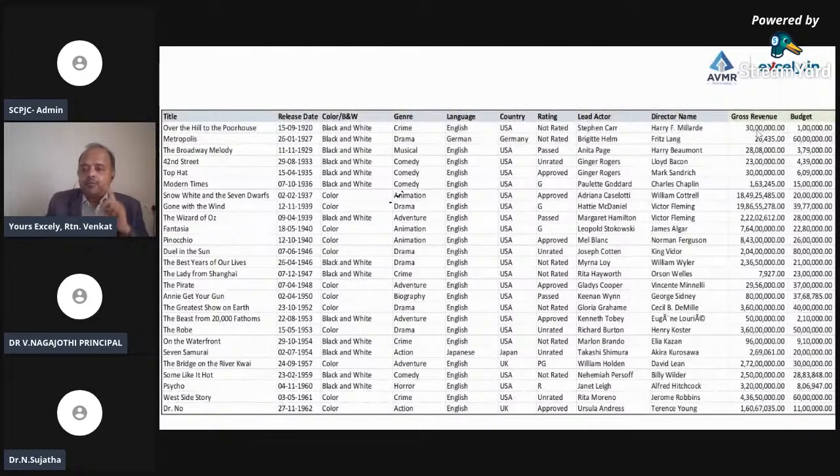So I would always recommend that you type it in your own style and change the format in such a way that the data type is always numeric. See, if you see this 30 lakhs 26,435, it is with the same notation, with proper punctuation based on the Indian currency symbol. So make sure that you have given a proper revenue, because otherwise when you use this field for calculation in your report, which I showed you in the previous screen, it will throw an error,